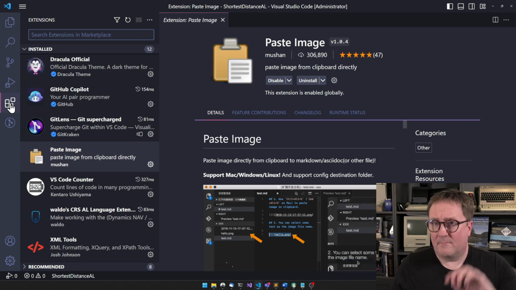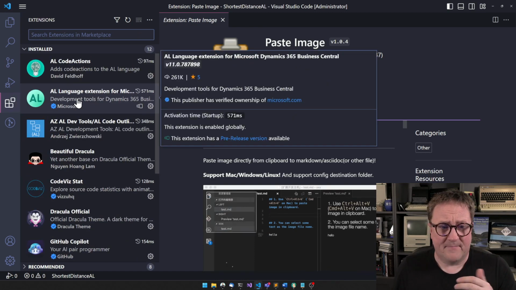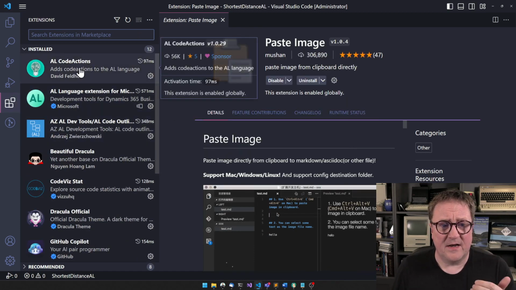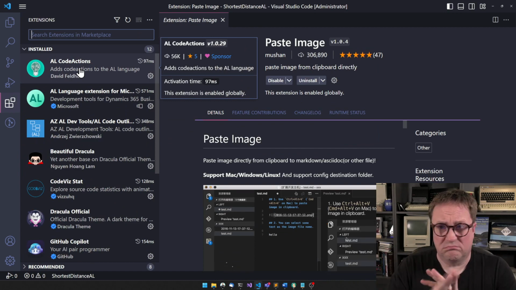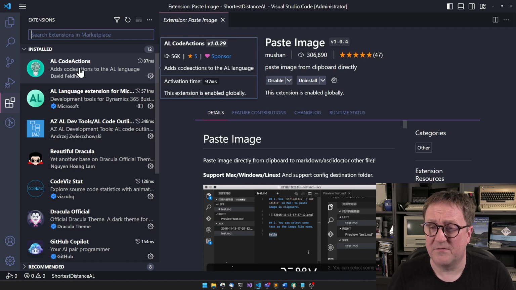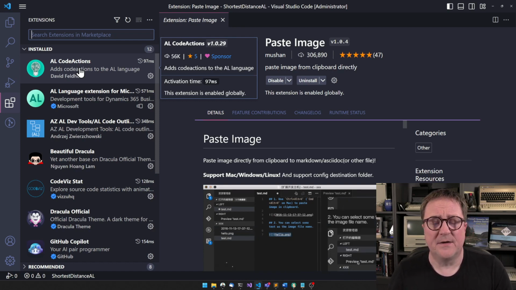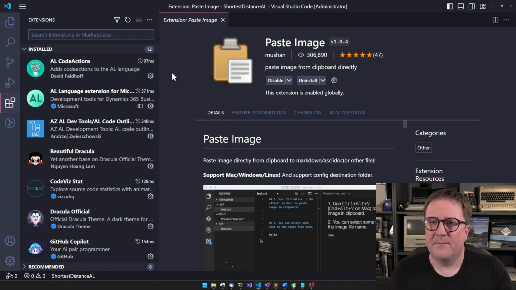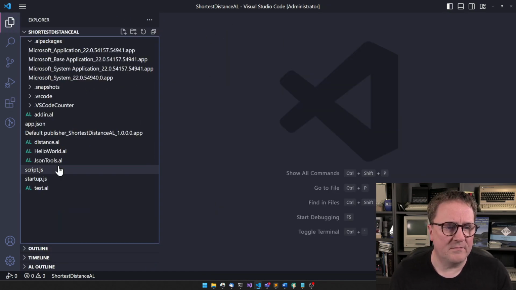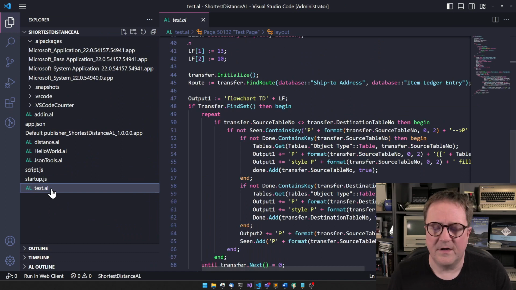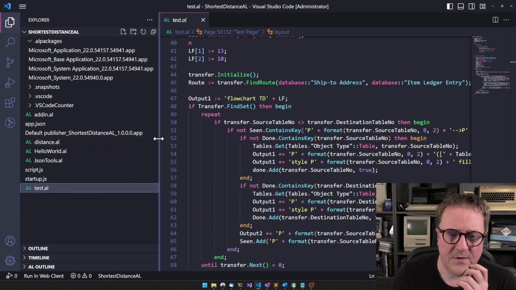So when I have the AL language, AZ AL, and David's code actions, I'm good to go. That's all I need to be productive in AL. But VS Code is kind of weird. So let's go back and actually do something here. VS Code is kind of weird because